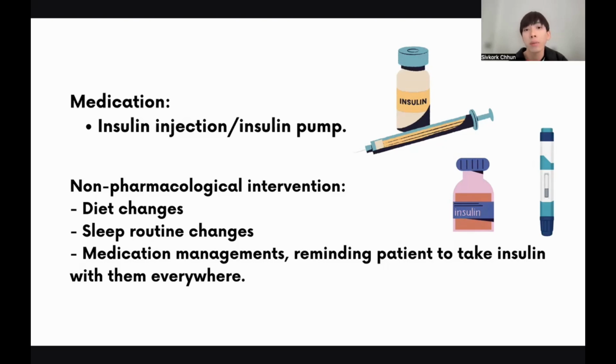It has a clear appearance, and it takes effect within 20 minutes. It lasts 3 to 5 hours. Again, insulin is a type of medication used to control glucose level in the bloodstream, in the human blood. However, insulin also acts as a ligand, which is a natural pathway produced by our cells, which is the pancreatic beta cell.